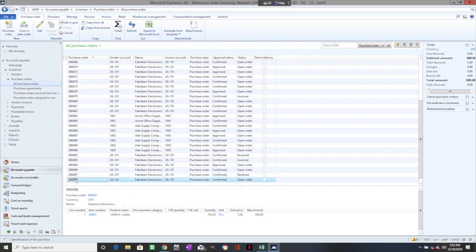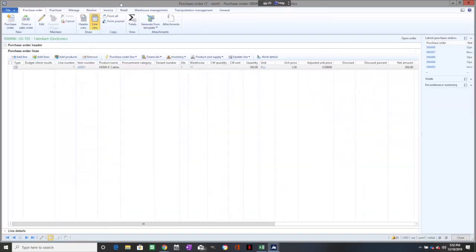So what we're going to do is click on the purchase order. The person who would be doing this workflow would be someone that's on site at the warehouse, and essentially this is going to be the record that we're actually receiving what we ordered. So if you can imagine, we just previously purchased it, the purchasing agent did that. This is when those items are actually going to be shipped over to the warehouse and then making a record. So what we're going to do is go up to receive,